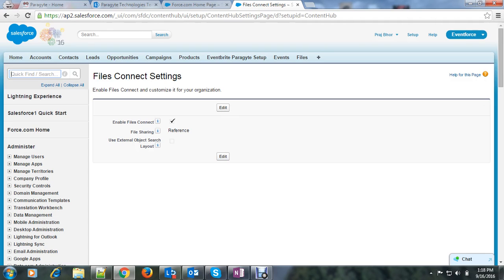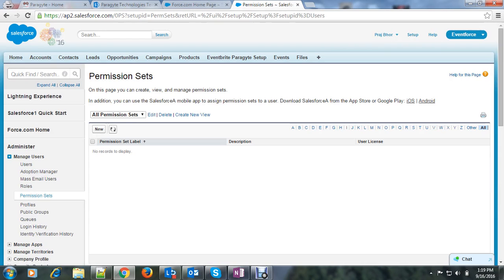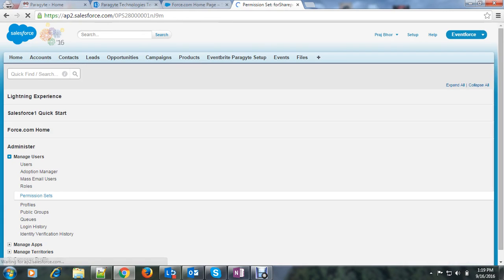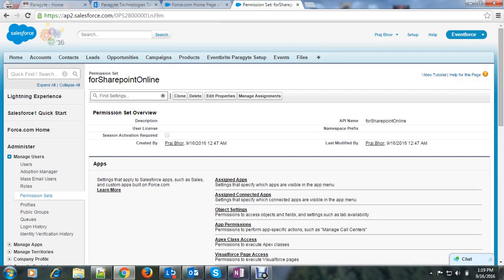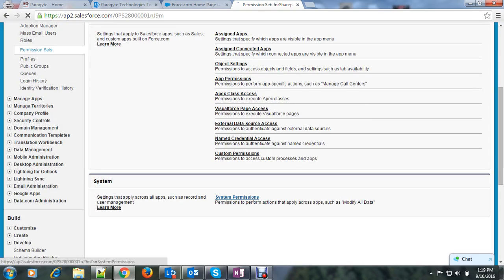So go to the permission set. I'll create a new permission set. SharePoint Online, and make sure the user license is none. Now I have created a new permission set. I will go to the system permissions